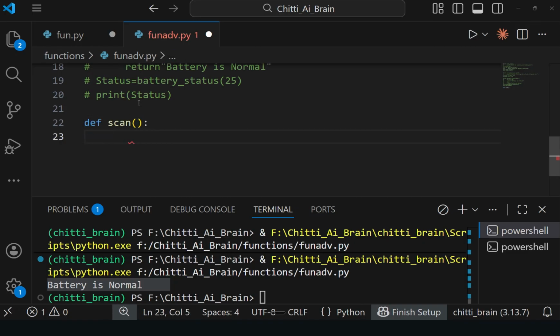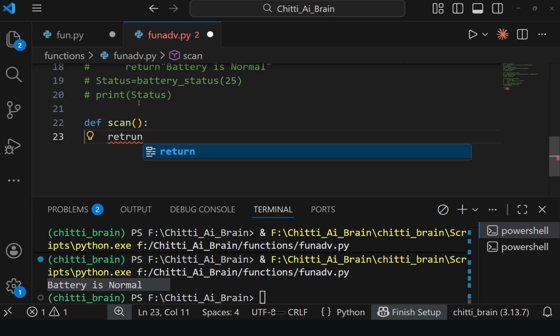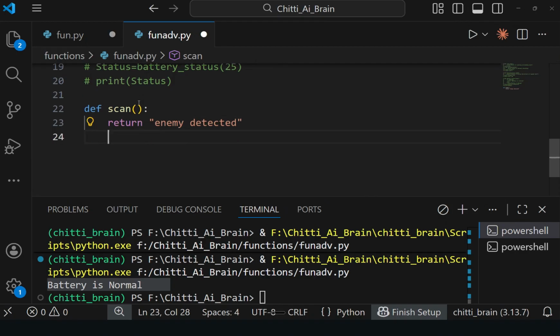Scanning the area, return enemy detected.